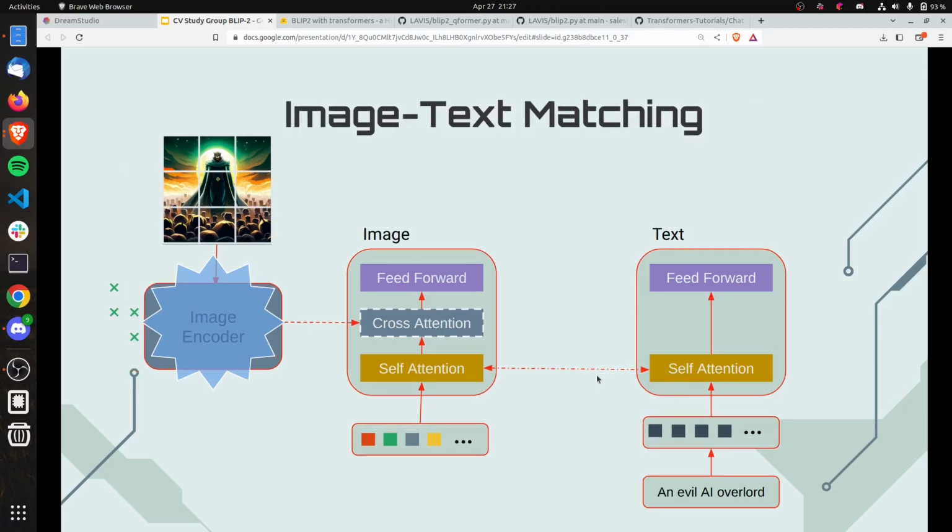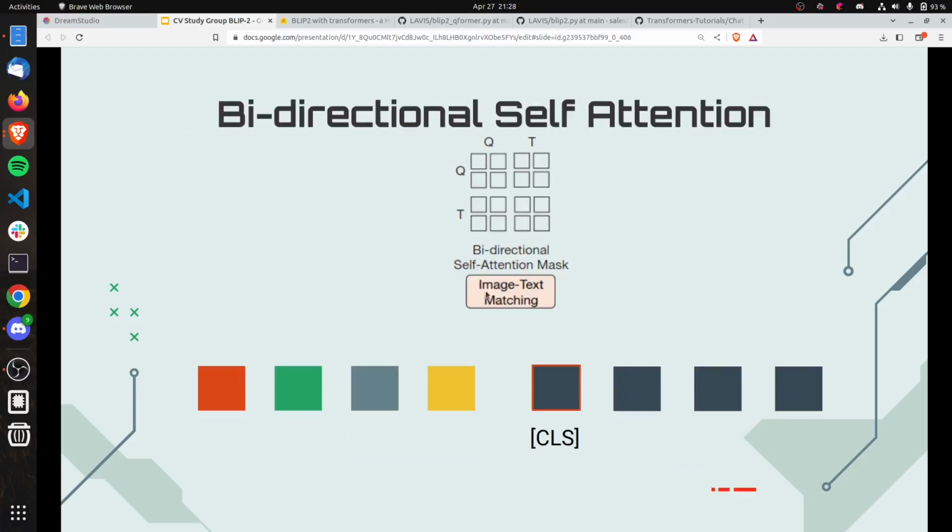And then the third and last step in the first pre-training stage is the image text matching, where they actually have a solid self-attention line here. So they just allow every token to see every token, and then they take the output from this image stack. As I said, the self-attention is set up so that every token can see every token. They call it bidirectional self-attention. It's just full self-attention, or regular self-attention, you can also call it.